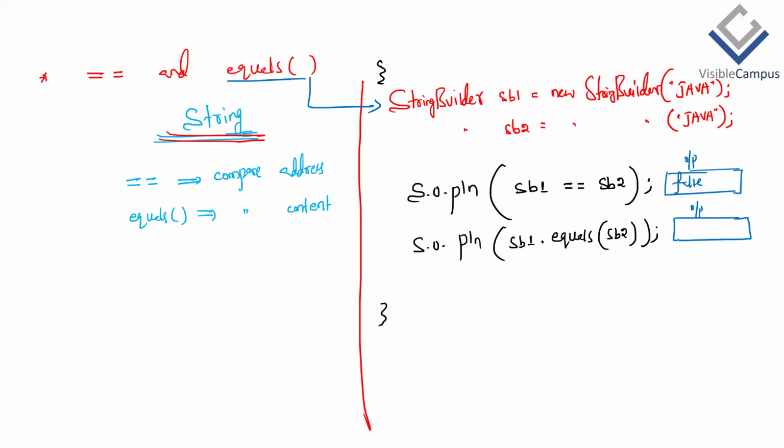It's also false. Why? Because the content is the same or not the same? Same only. Then what's the purpose of the equals method? So what's the answer? Okay. So here, when it comes to the StringBuilder, this is